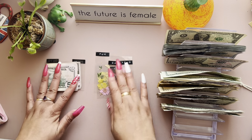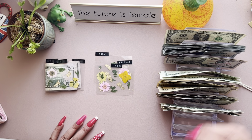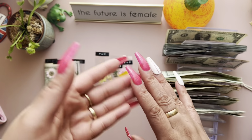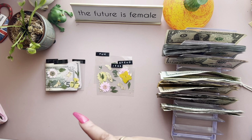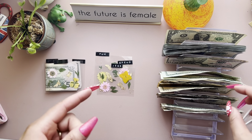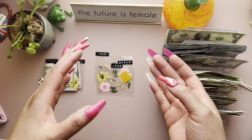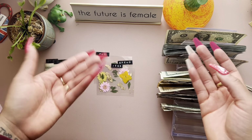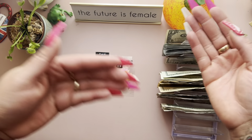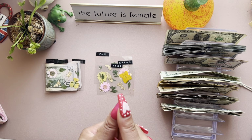Next we have gas, and gas is getting $140. And y'all, gas is so high. It's $3.35 up here, like the cheapest spot that I can find it, which is in Massachusetts, which is right near me. So the place where I go on Tuesdays, they give a 5-cent per gallon discount off of regular. I filled my tank up yesterday, since yesterday was Tuesday. So I just need to pay my card back, but I ended up saving 5 cents per gallon. And even saving the 5 cents per gallon, it came up to what I would previously spend on a regular day for gas. So it came out to